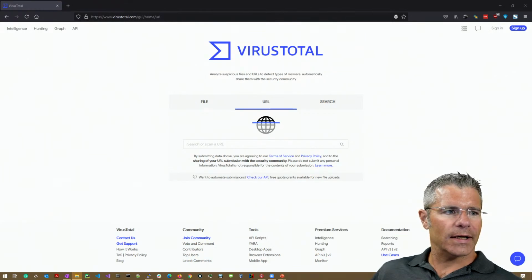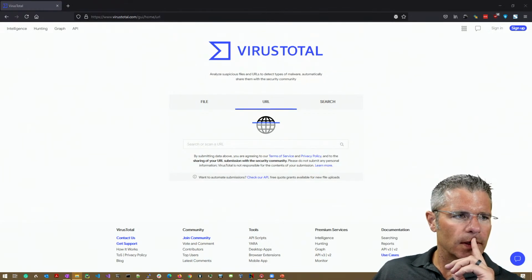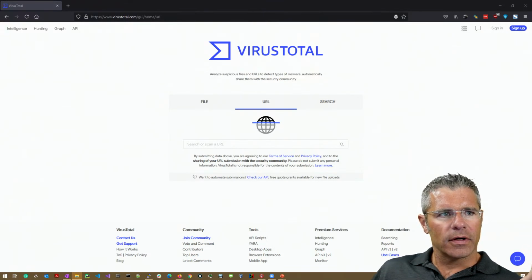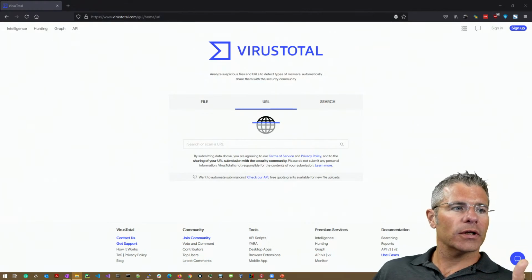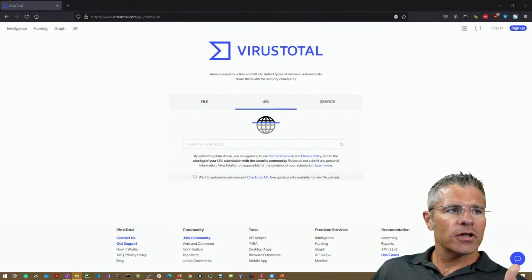And based on whether or not they have seen that in the past, they will tell you. Furthermore, they'll let you know if some other tools detect that as a piece of malware.